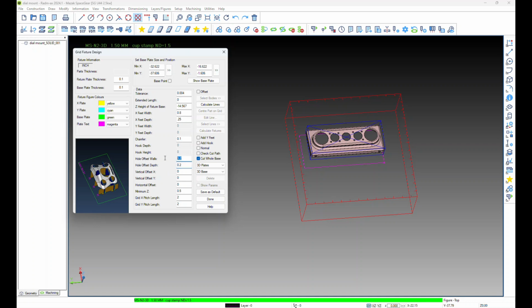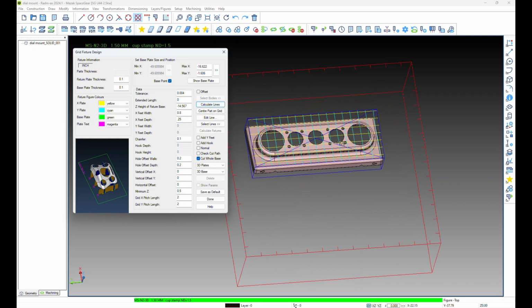So we're telling it to, as it comes up to where that hole is going to be, we want it to back up 0.2, and we also want the plate or the fixture support to drop 0.2. So you can play around with these depending upon what you need as far as your design as well. The next thing I'm going to do is click on calculate lines,